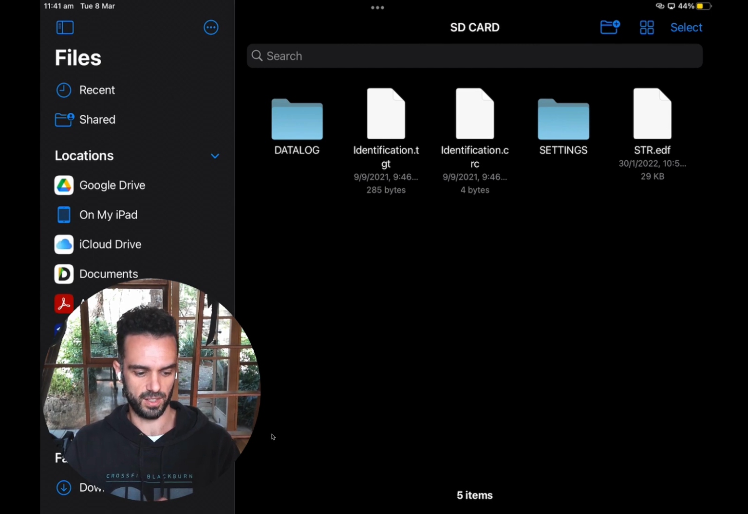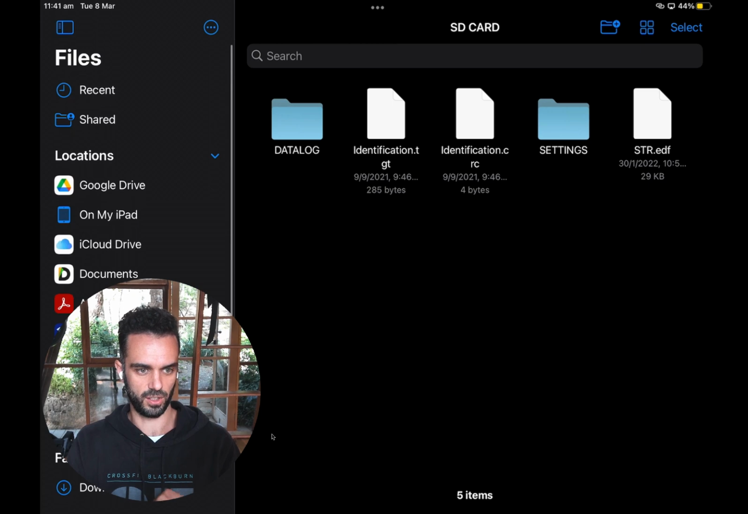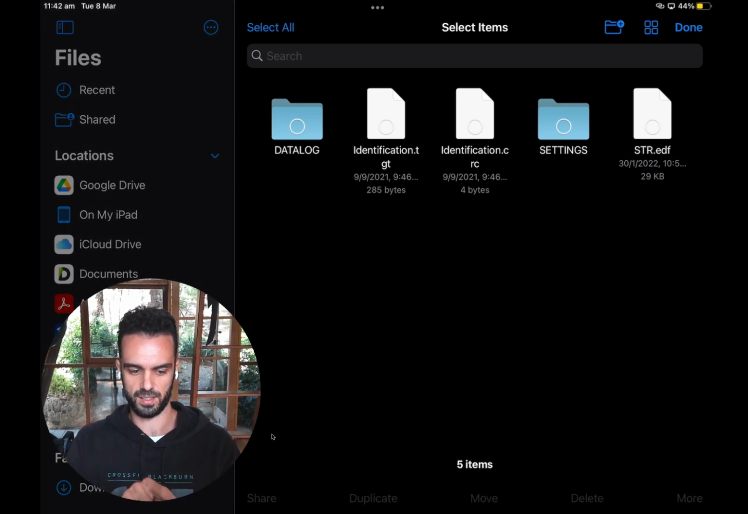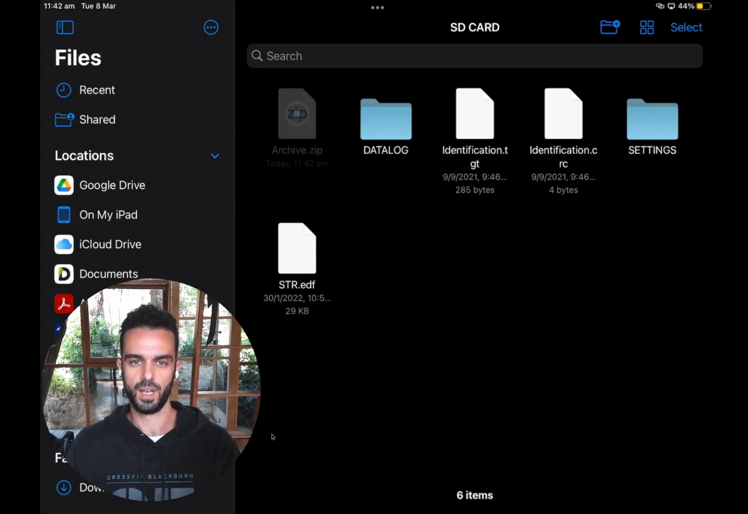There it is, and again you can see I've got all of my different files and folders on my iPad down the left hand side, and I've clicked on the one that says SD card. So I'm now looking at everything that's on the SD card, and I'm going to go up to the top right hand corner where it says select, and then select all, and then down the bottom right hand corner where it says more, I'm going to click on that one, and there's an option called compress, and what that's going to do is it's going to create a new file called archive.zip. And that's basically all of the other files and folders compressed into a single file that I'm going